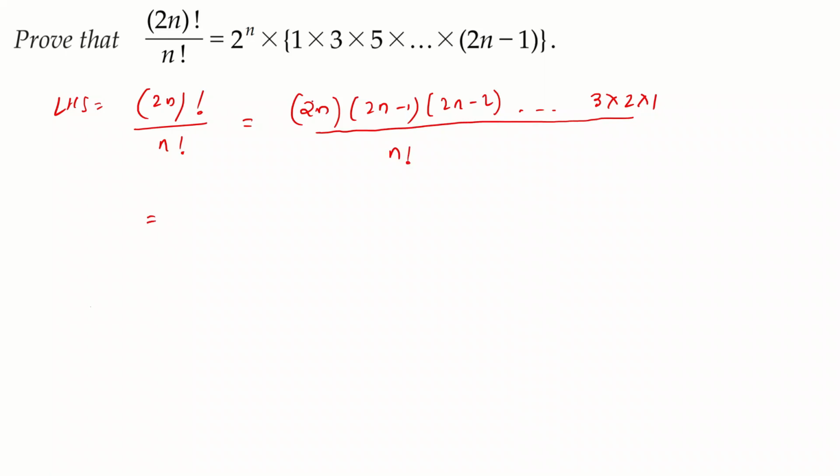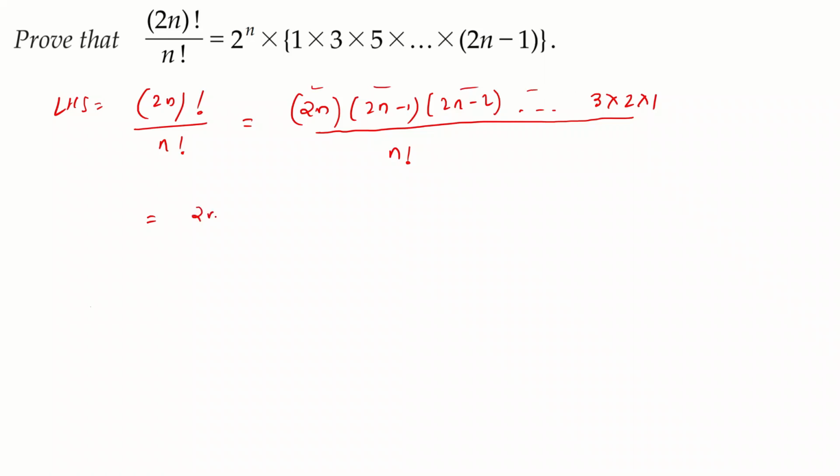So now observe these terms, 2n, 2n minus 1. 2n is an even number. Whatever the value of n is, 2n is always an even number. Say for example if you choose n equal to 4, 2n is 8, which is even. Even if you choose n something odd like 5, then 2 times 5 is 10, it is still even. So in any way 2n will always be even. So we segregate the odd and the even numbers. 2n is even, then odd, then even, then odd, and so on.